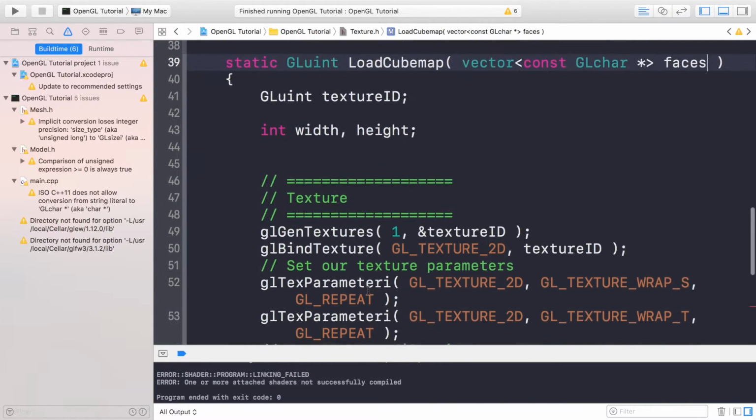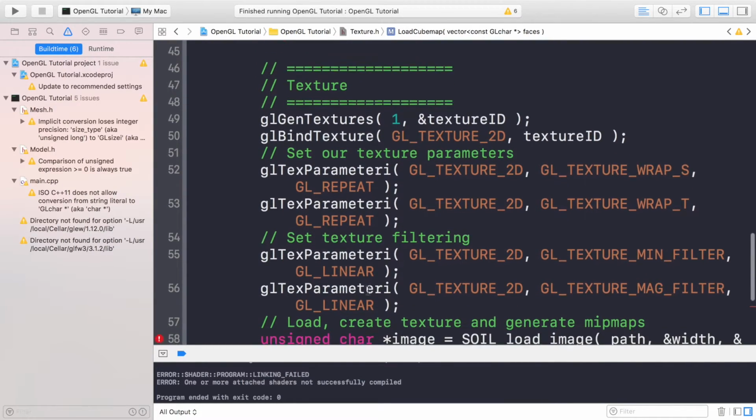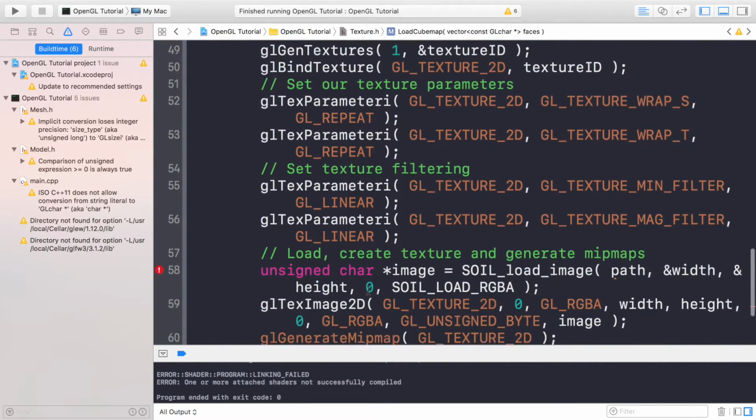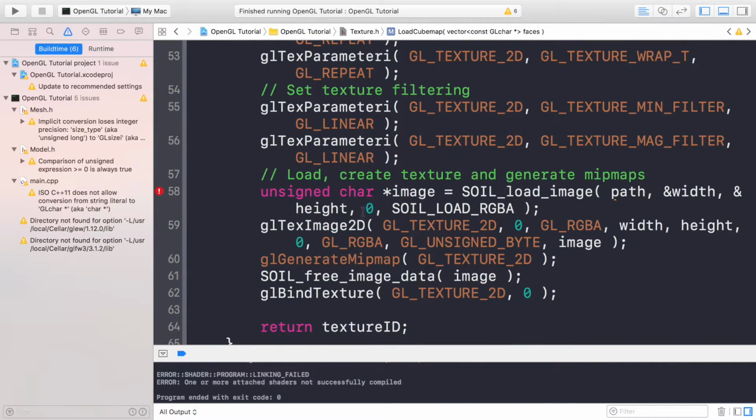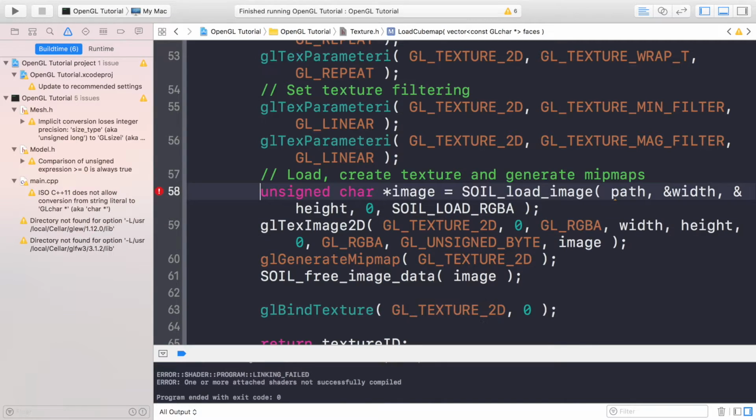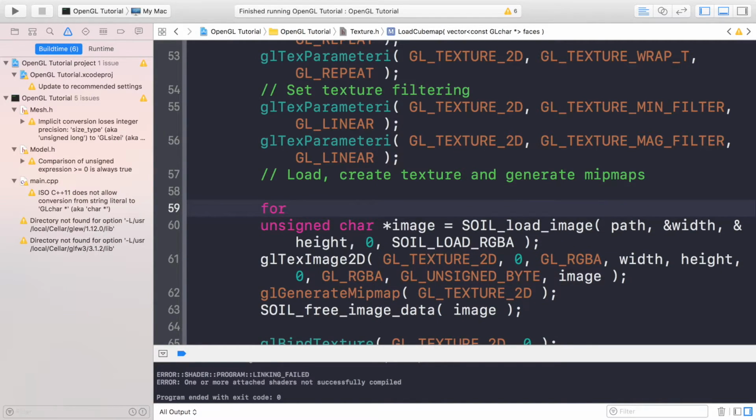So textureID, that's looking all good to me. Let's have a look what we got. So the image, glTexImage2D, we actually need to put this in a loop. The reason we're going to put it in a loop is to be able to go over our 6 different images very easily. Again, we don't want to repeat code, that's the whole point of doing what we're doing now. i equals 0, very basic iteration here, faces.size, i++,